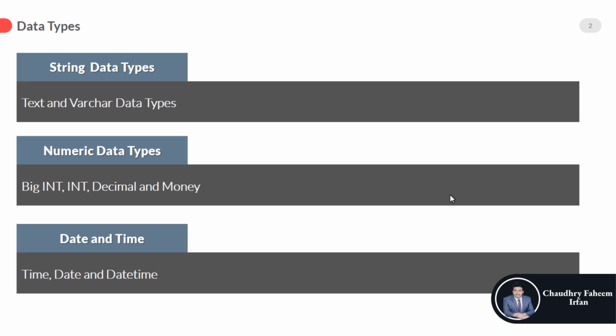Date and time data types: time, date and datetime. The date and time data types are used to store date and time respectively. The datetime data type is used to store date and time